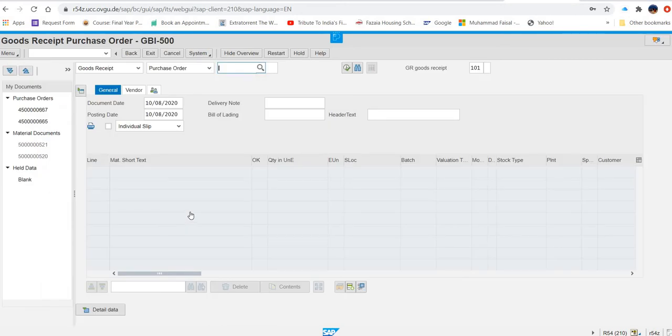Now here what we have to do, we have to make sure goods receipt and purchase order is selected. Okay, goods receipt and purchase order is selected. In the drop down list, enter your purchase order number in the field next to them. So where you have to enter the purchase order? Here. So this is my purchase order.